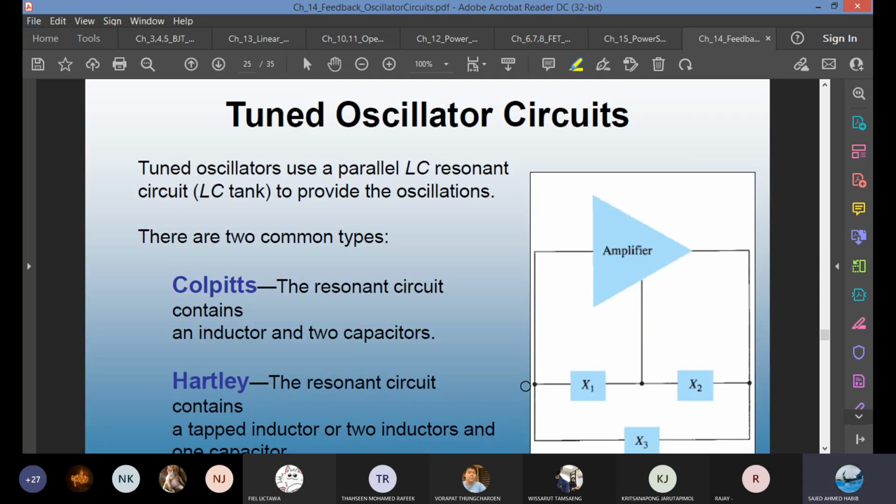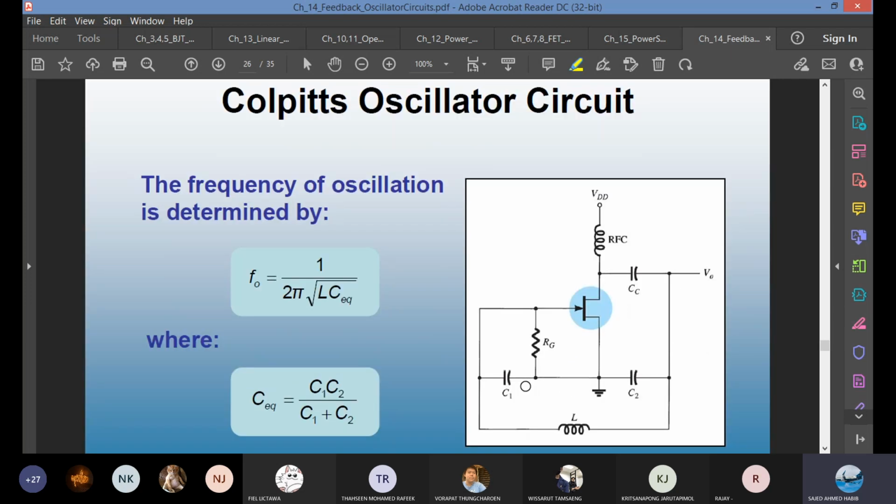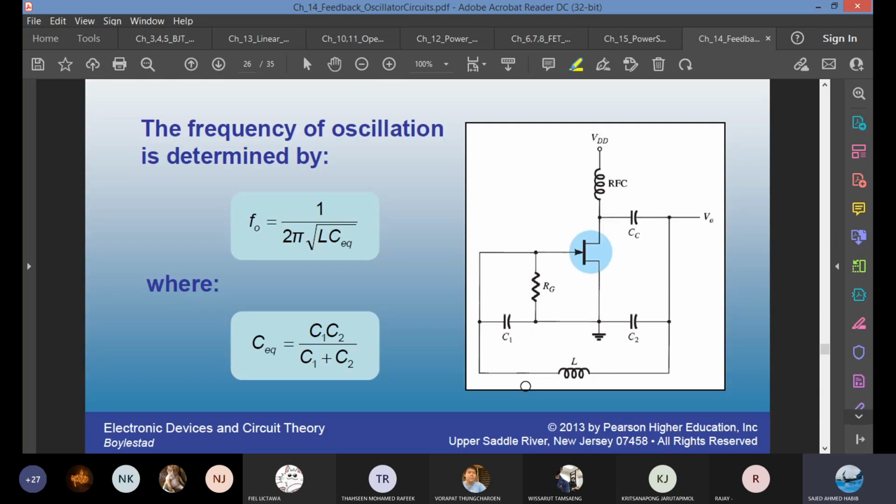We studied the tuned oscillator, which is also known as LC tank or LC resonant. You can create a parallel combination of inductor and capacitor. Sometimes we have 2 capacitors, 1 inductor. We call it the Colpitts oscillator. The frequency is 1 over 2 pi square root of LC. Sometimes you find equivalent C, sometimes you find equivalent L. Equivalent L is for